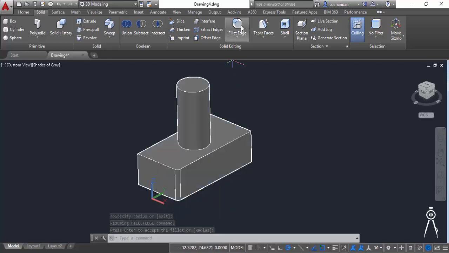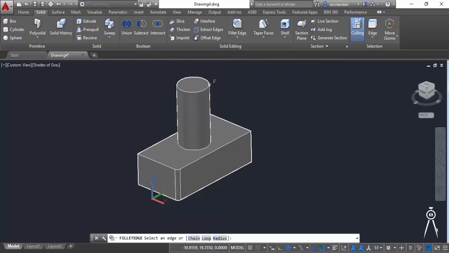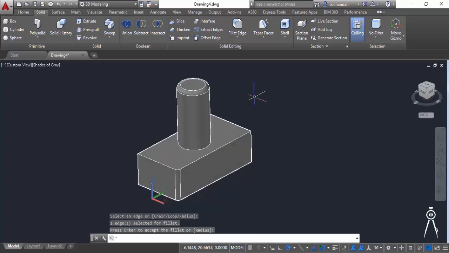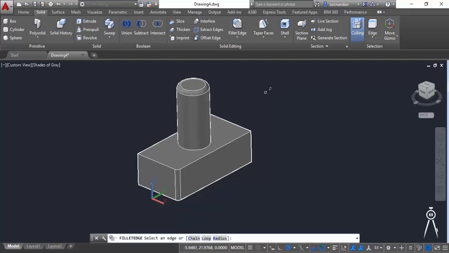Now let's go to fillet edge again, and this time let's apply the fillet on this top plane. So for that, let's click here, and the previous value of 0.5 radius has been selected. Let's press enter and the fillet is applied. So you make sure that you press enter twice if you want to select the fillet settings. Let's go to fillet again and let's see some of the options which are available on command line. So we have already selected radius, which is 0.5. We are not going to change that.